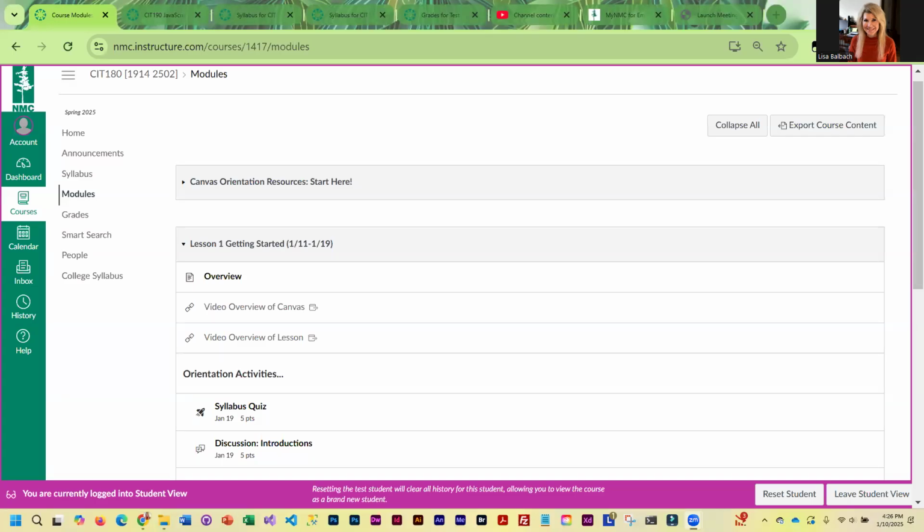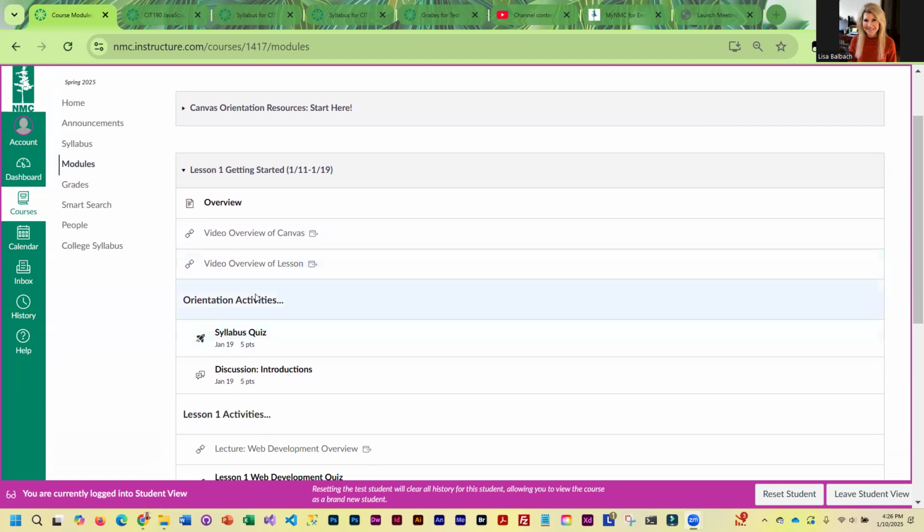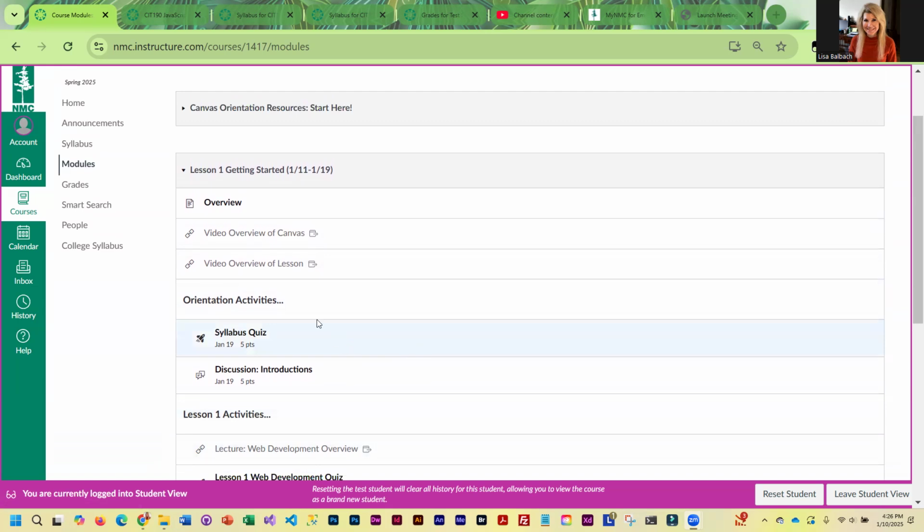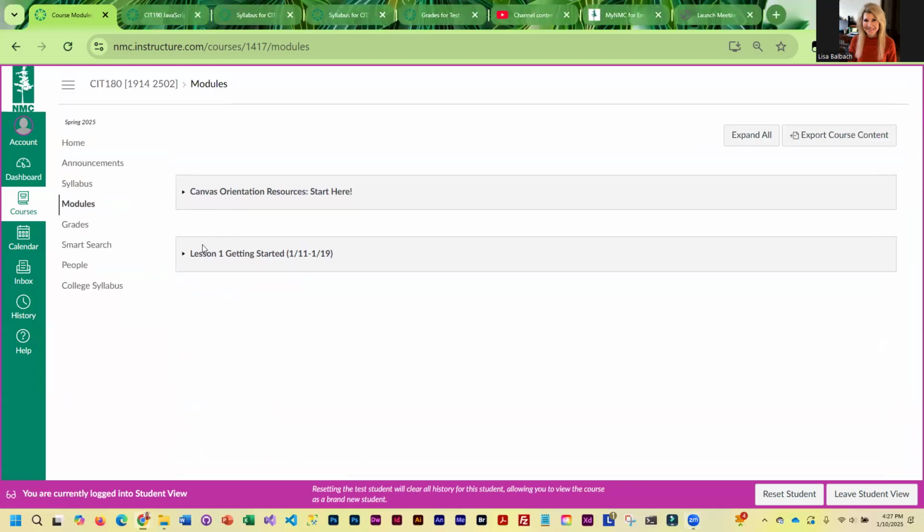So for this very first week of school, there are some orientation activities that you need to complete. And then we also have a little tutorial that you're going to read and a little quiz on that tutorial that you'll complete. I've only got the first lesson module open at this point, and I've set up all of